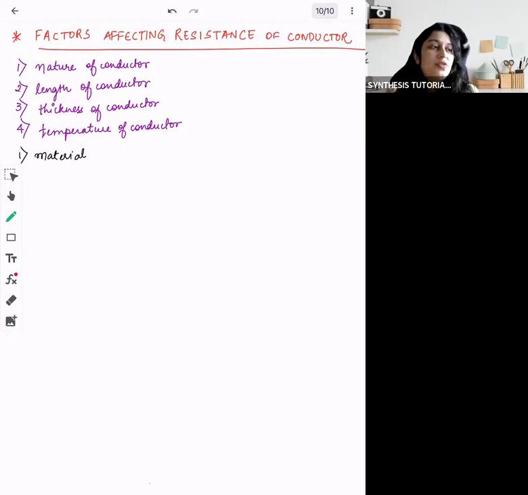So different substances have different concentration of free electrons. How is it becoming a conductor? You know that more the free electrons, better is the conductivity, right? So according to the concentration of free electrons, the resistance of a conductor depends on its material. So you have silver, copper, lead, aluminium, which you know are very good conductors. So they have a high concentration of free electrons. If they are very good conductors, they are not too good resistors. So they offer very less resistance. And so they are good conductors.